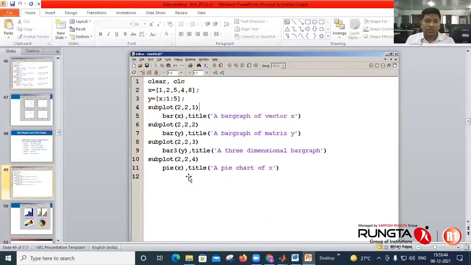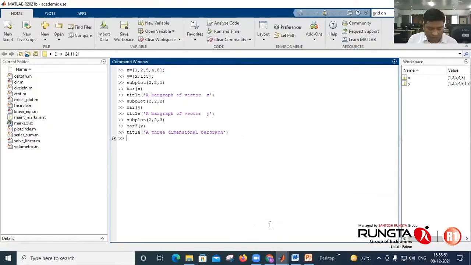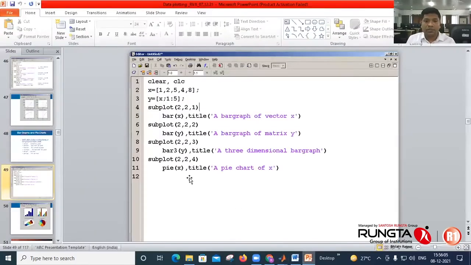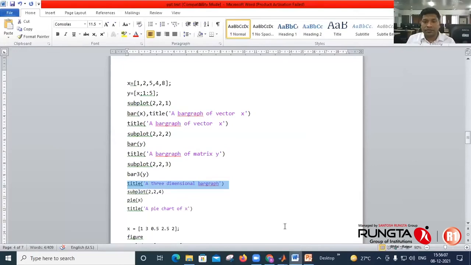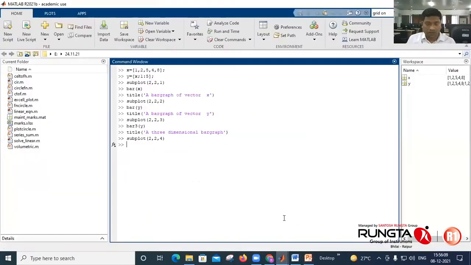And the last one was the pie chart. Activating the next subplot position: subplot, 2 rows, 2 columns, and on the 4th location I want a pie chart. So pie of X values. Pie of X, enter.